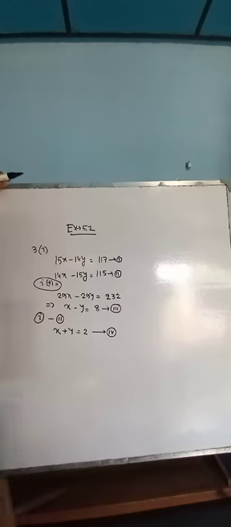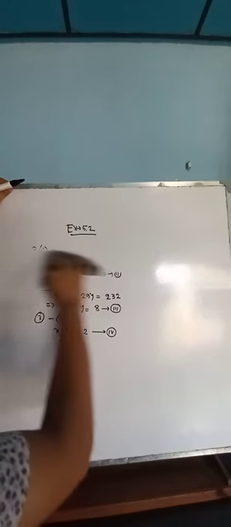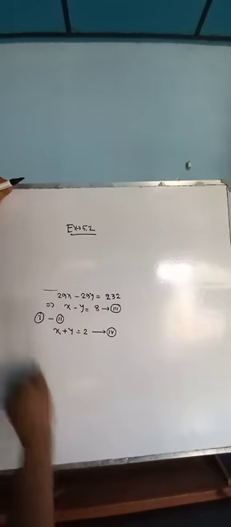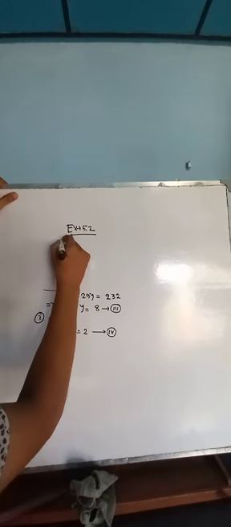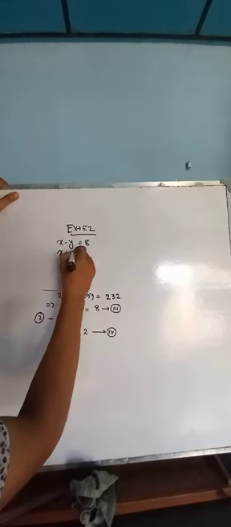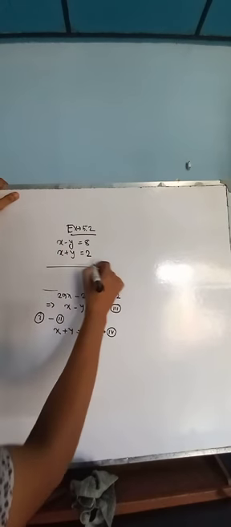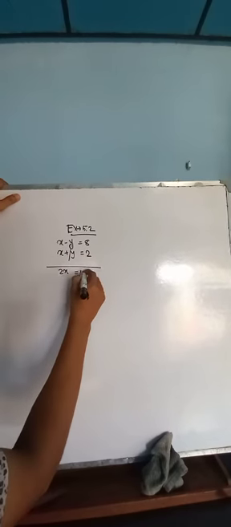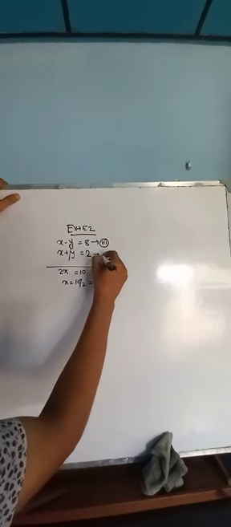Now we can do the calculation. Whatever you get, x minus y is equal to 8, and x plus y you can get 2. Now, already this sign is minus, so no change. 2x, x plus x is 2x, 8 plus 2, 10. So the x value is 10 divided by 2, that is 5. This is equation number 3. This is equation number 4.